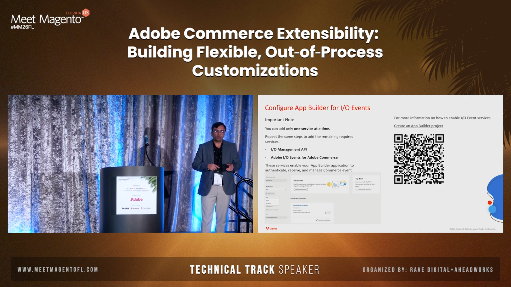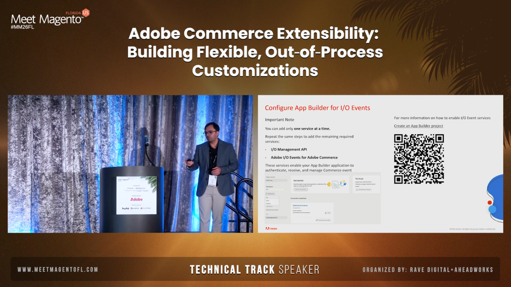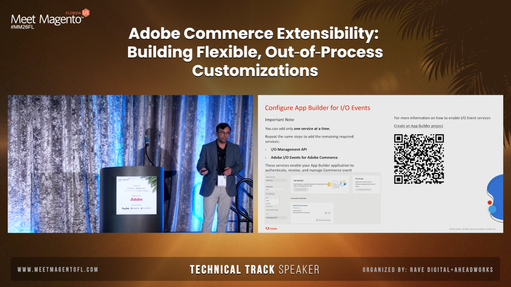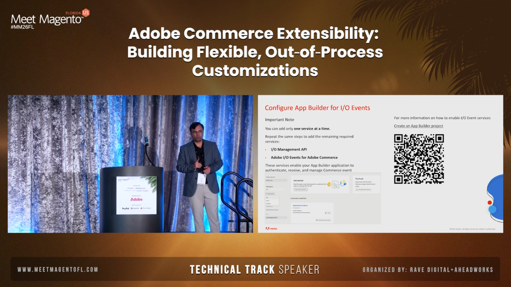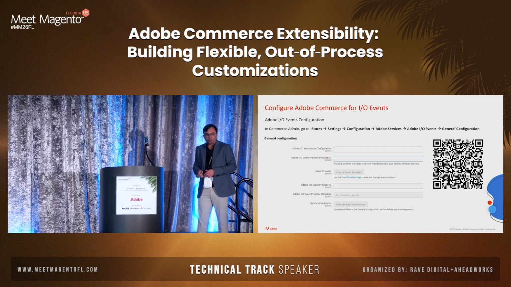Once you're done with onboarding that service, you still need two more services, because you can only add one service at a time. For I/O events to work within your App Builder application, you need to use an I/O management API and Adobe I/O events for Adobe Commerce. And there is one more service, that is I/O events. So those are the three services that you have to onboard for your App Builder application from the developer console. It's pretty straightforward. It's just adding those services on your workspace, and your workspace is now ready to consume I/O events from Commerce. Now, once that is done,